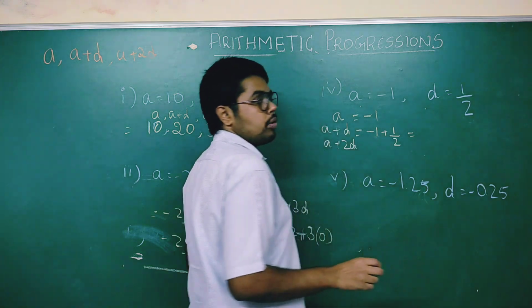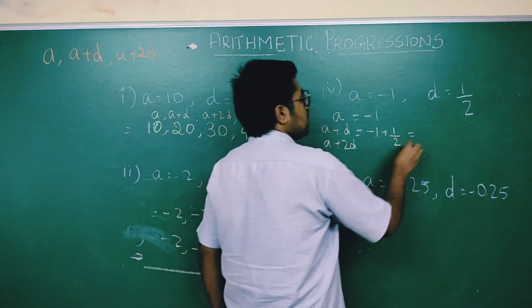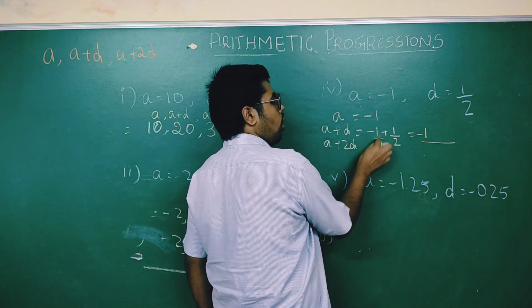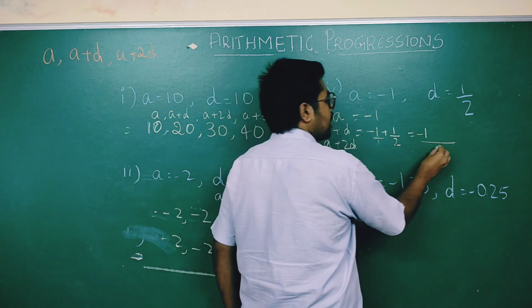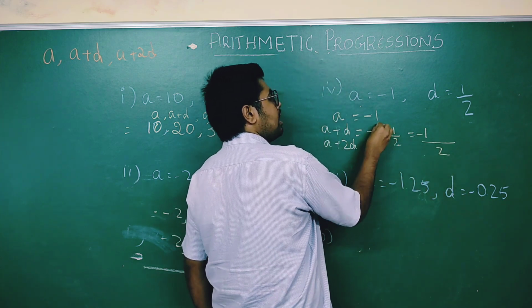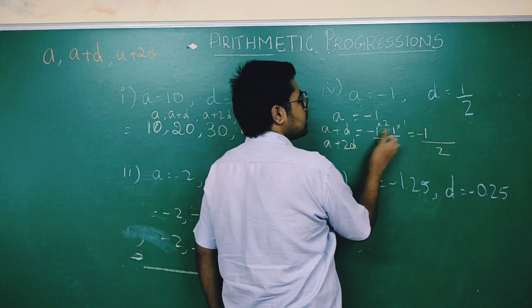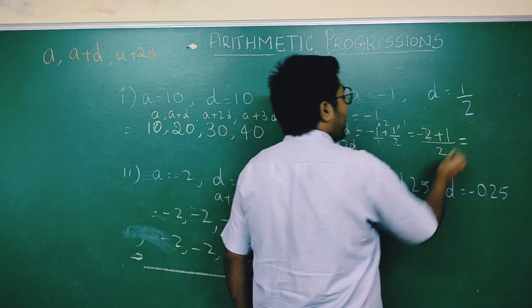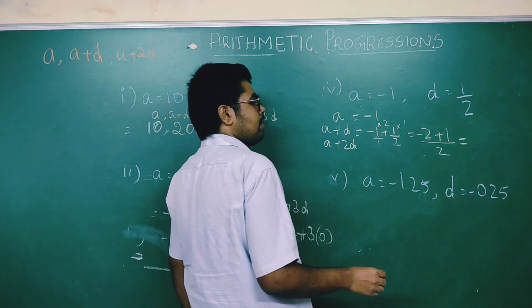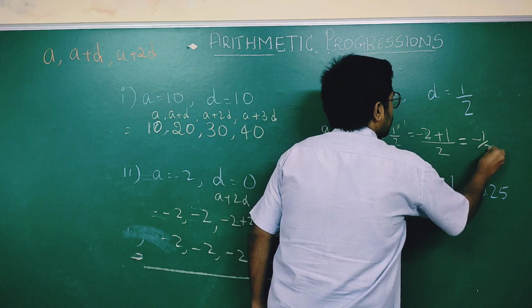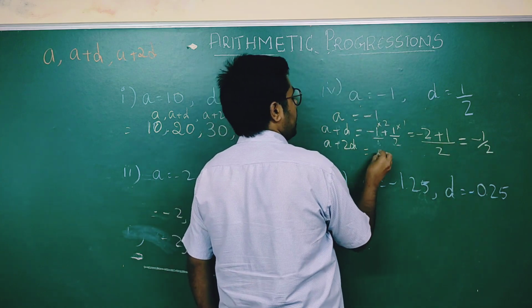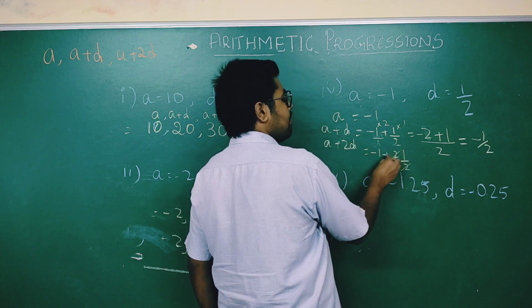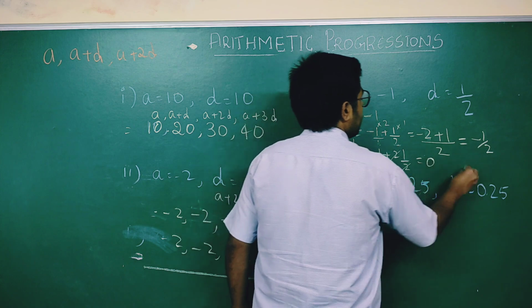What I should do, I hope you know, we have to take the LCM for it. So it becomes minus half. This becomes, see, nothing here, just put 1, just multiply these both. If you multiply, it becomes 2, 2 into 1, 2, then multiply 2 here, 1 here, so it becomes minus 2. 2 into minus 2 plus 1. So what is the answer? Minus 2 plus 1, opposite signs, it becomes minus 1 by 2. Next, a plus 2d: minus 1 plus 2 into 1 by 2, 2 and 2 cancel, minus 1 plus 1 is 0, therefore it is 0.